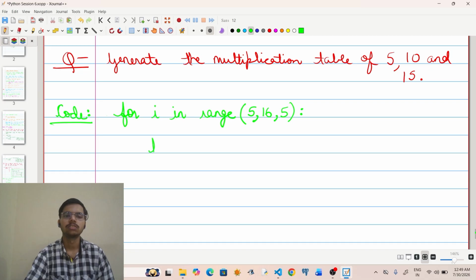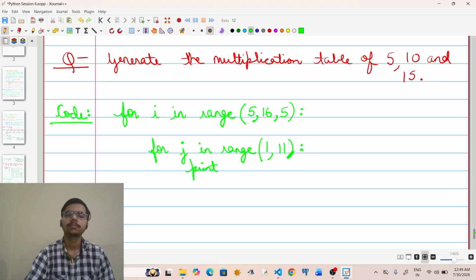What I will do now is for j in range. I want numbers starting from 1 till 10, so I will take one extra number. And there is no need to take the step over here because the default step would be used, which is 1. Then what I want to print is print